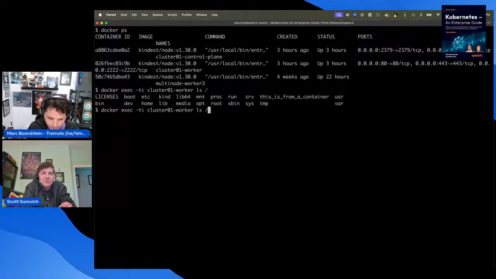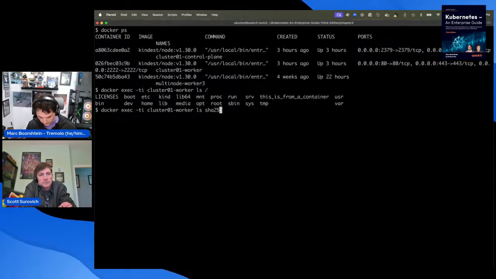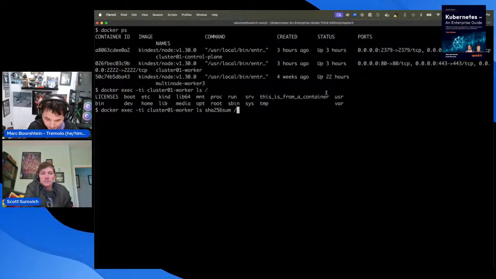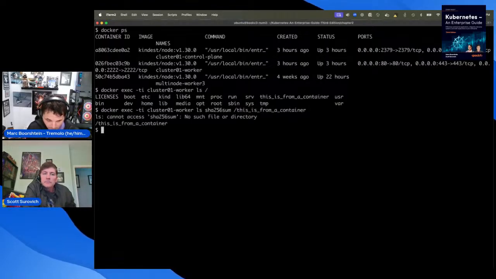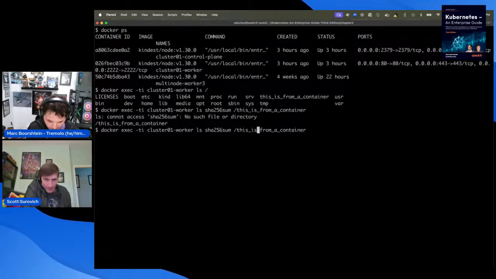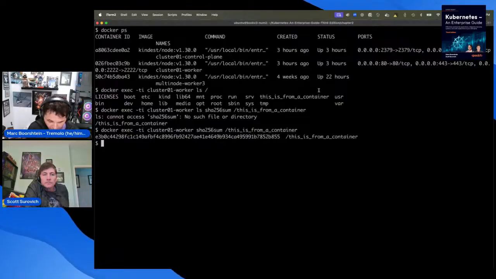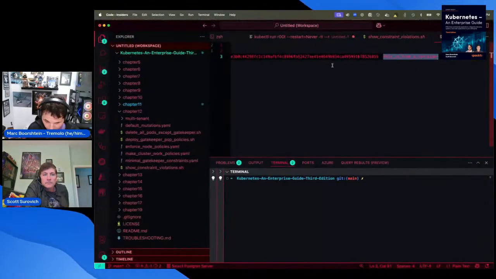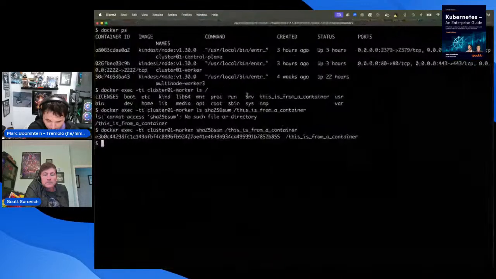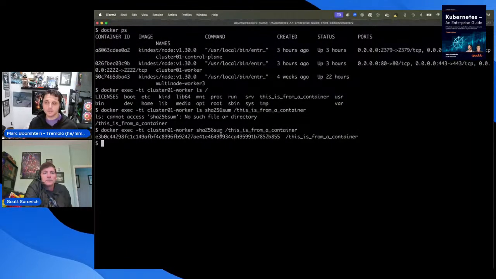So there it is. We can see the file is there. So let's do SHA-256. So 855. Yeah, 855. So that's the same SHA. So showing you there's nothing up our sleeves, I was able to break out of that container and into the root file system, and then I could cause all kinds of havoc.